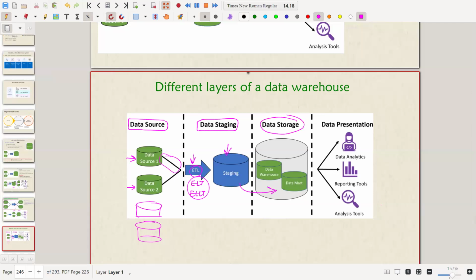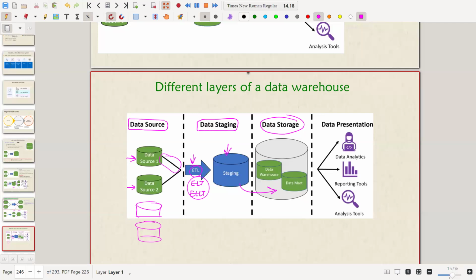If some person asks you where the data is being stored, your answer should be that data is stored in a data warehouse, depending on the approach. If you are following Inmon's approach, it should be first a data warehouse and then segregating into data marts. If you are following Kimball's bottom-up approach, it should be a collection of data marts of particular departments integrated into a data warehouse. So both a collection of data marts and a data warehouse should be in your answer.